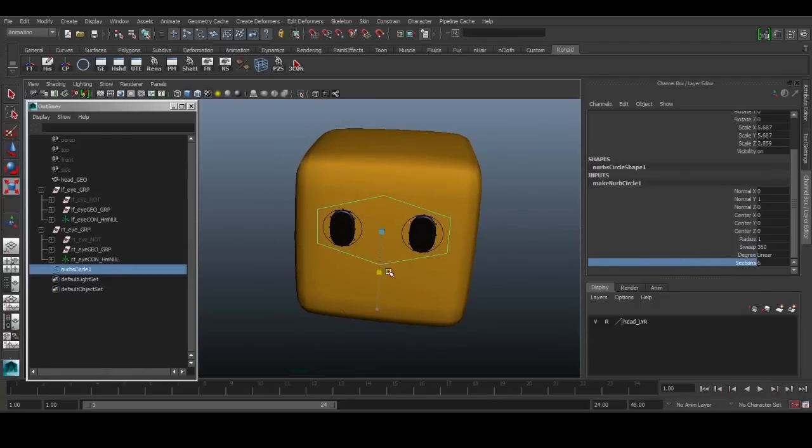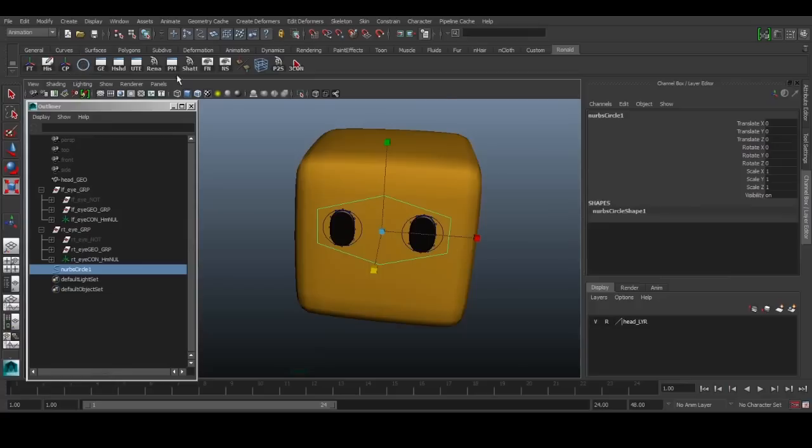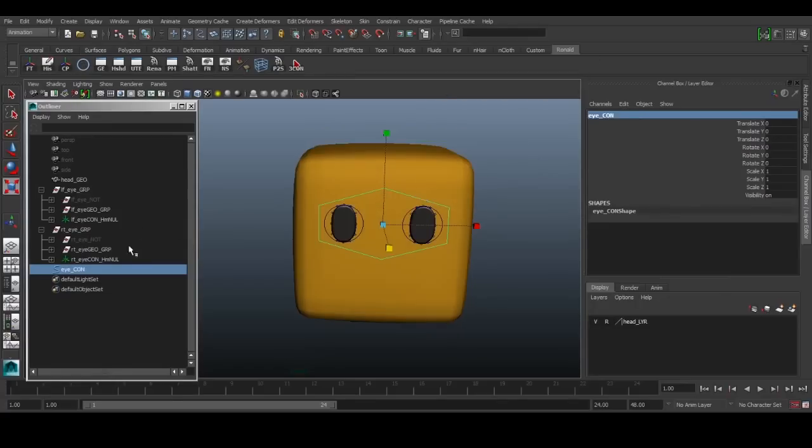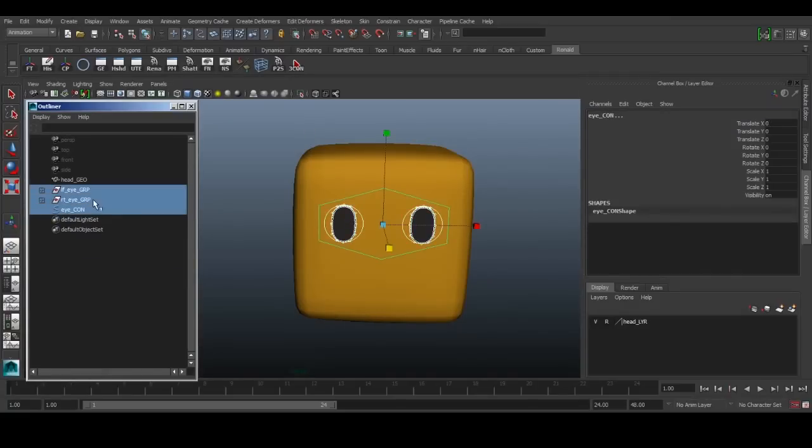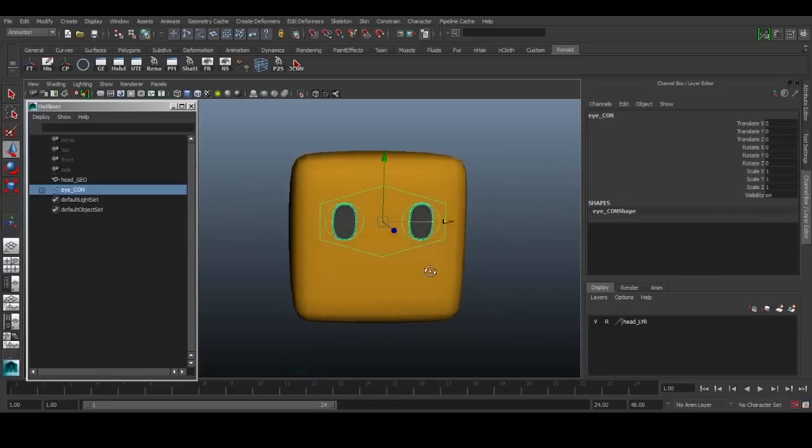Scale it up. Then this will be our main eye control. So we'll freeze the transformations and delete its history, and we'll rename this as the eye controller icon. We can parent these two eye groups under the eye controller, parent, and then we have our eye controller.